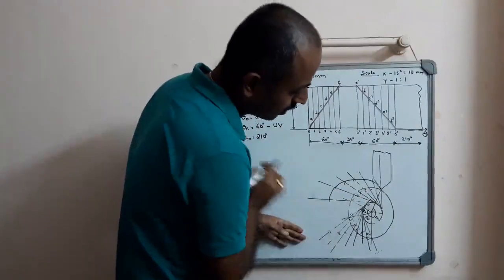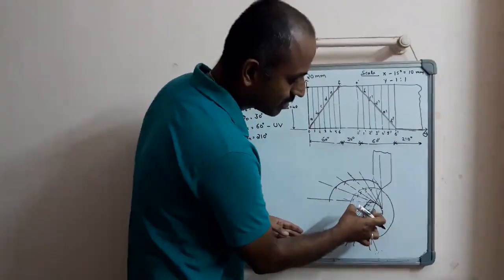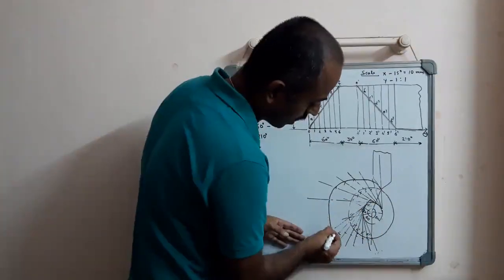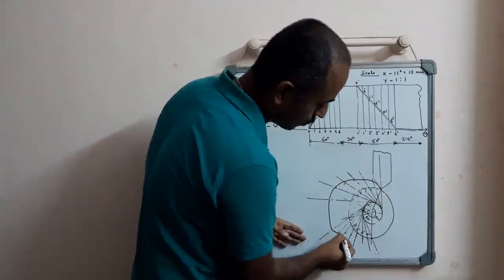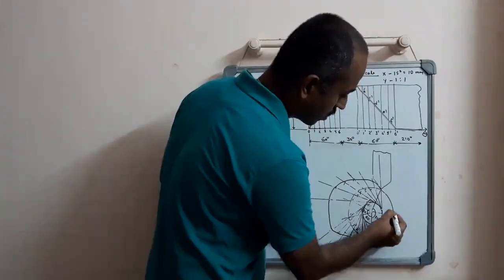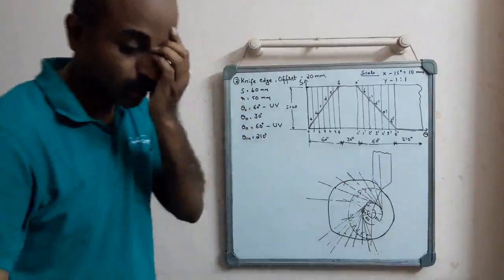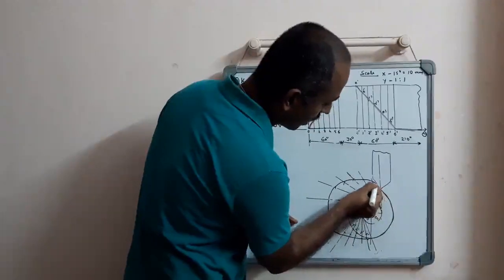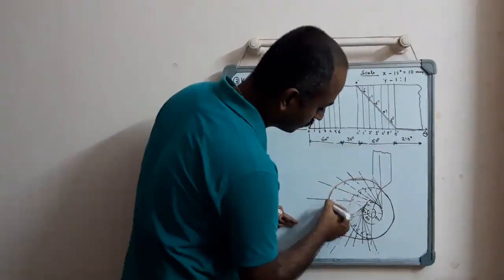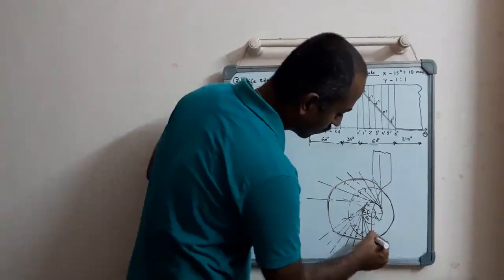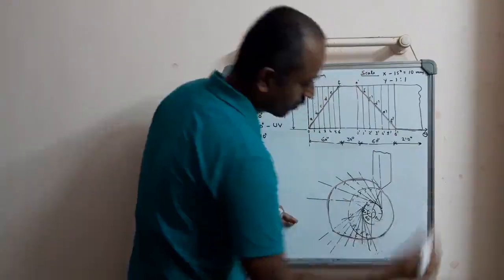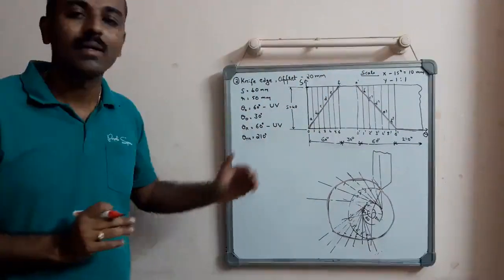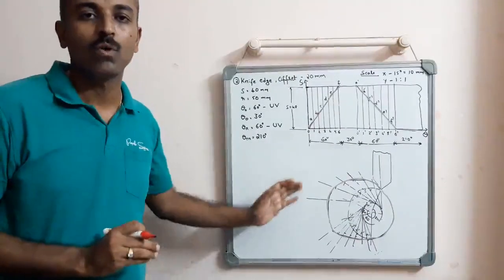Then for the dwell period, with the cam center as center and this much as radius, draw an arc. And then continue from there on. So the curve corresponding to the cam profile has to be thick. Okay, so this is how to draw the cam profile in case of offset follower.